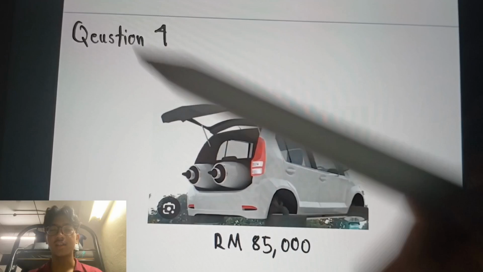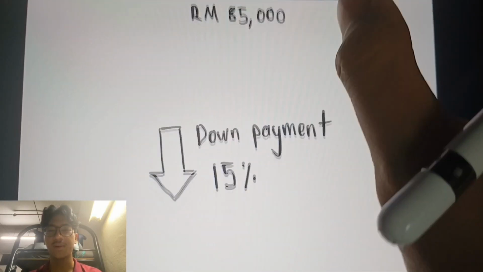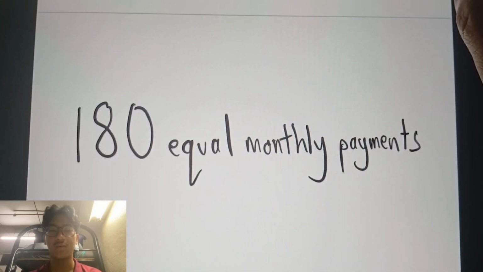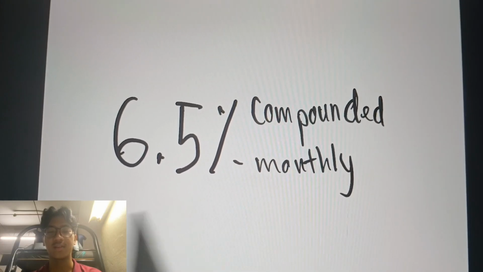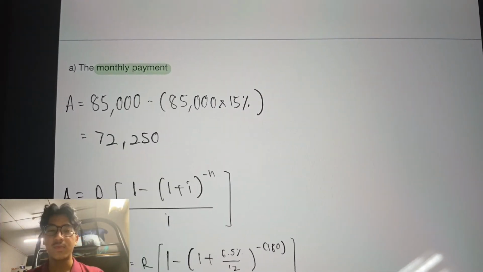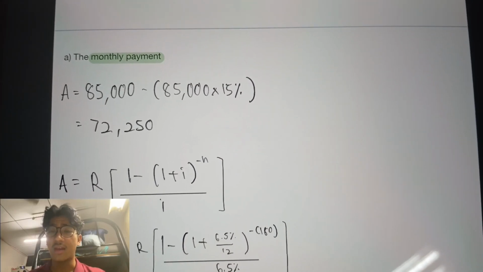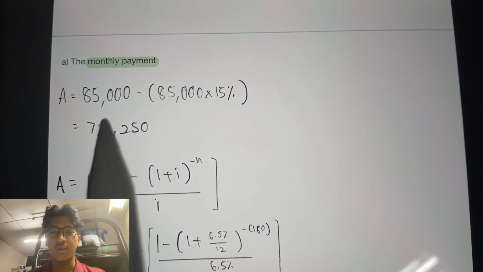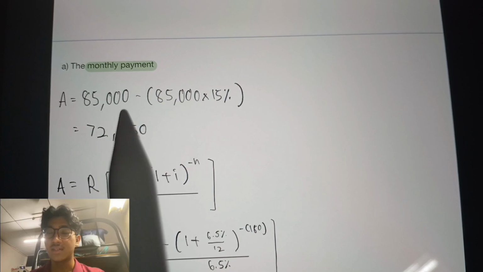Question 4. The cash price of a car is 85,000 ringgit. It can be purchased through an installment plan by making a down payment of 15%, followed by 180 equal monthly payments. The interest charge is 6.5% compounded monthly. A. The monthly payment. To calculate the monthly payment, we need to use the present value formula. Before that, there's a down payment of 15%. To calculate the A, we need to use the formula A equals cash price minus down payment, and you will get